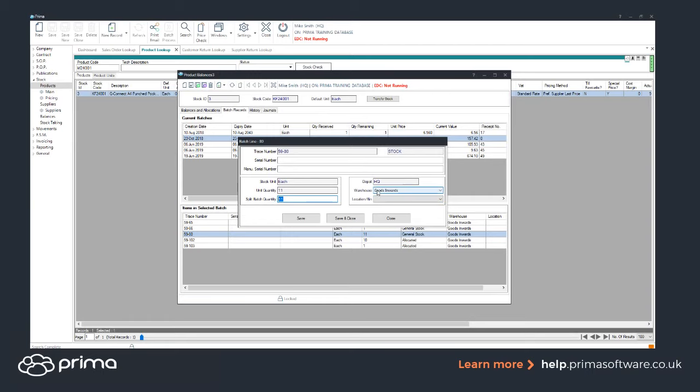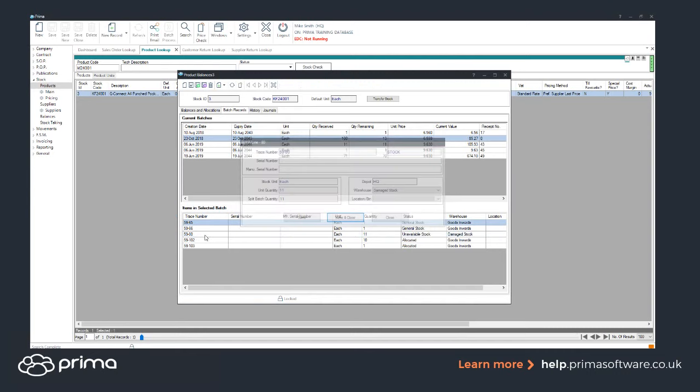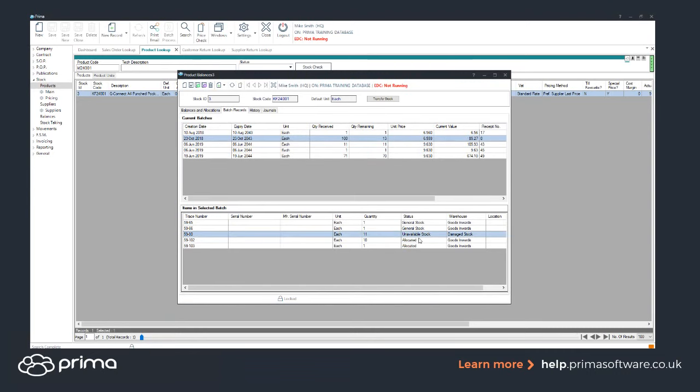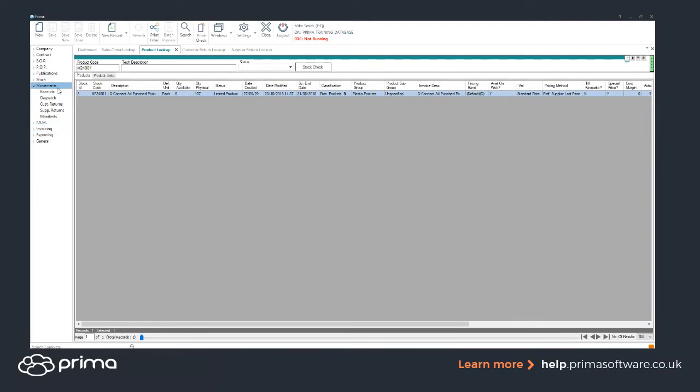So what we do, we need to change this warehouse to damaged stock. That may not necessarily be damaged, but it marks it as unavailable, which allows us to return. So if I just hit save and close, you notice that that specific item, that specific split batch, is now unavailable. Once a batch status is unavailable, it'll be within the available lines of our supplier returns. So once you've done this process of going into the product, going into the balances, and changing that specific batch record to damaged and unavailable, we want to go into, again, Movement, Supplier Returns,